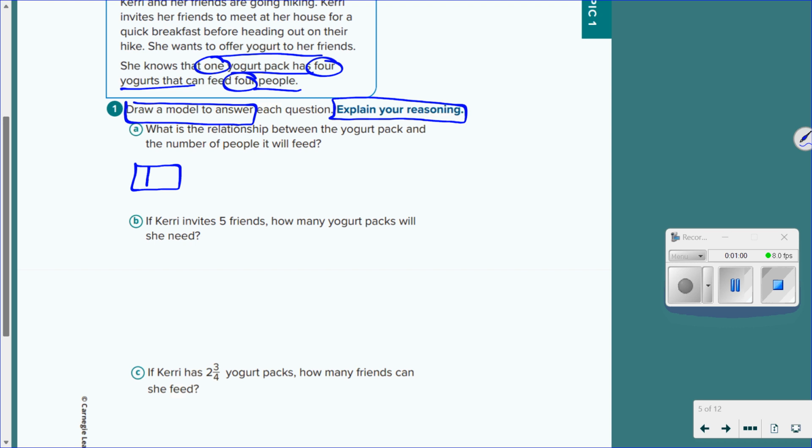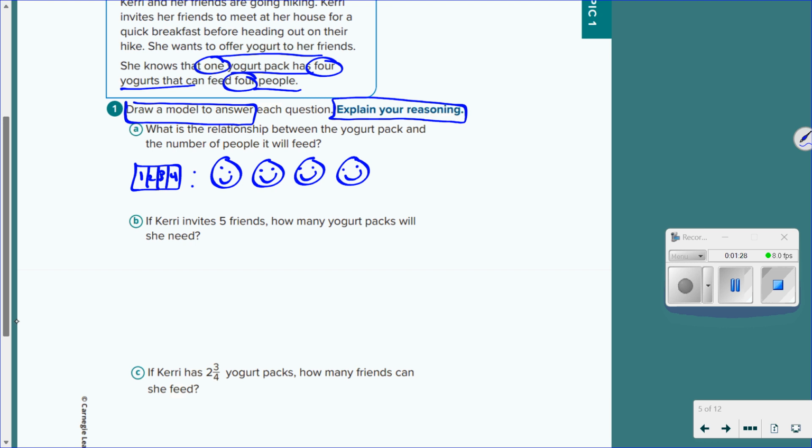Each yogurt pack has 4 yogurts. Yes? 1, 2, 3, 4. And it can feed 4 people. Yes? Does that make sense? Does my model make sense? One yogurt pack has 4 yogurts and it can feed